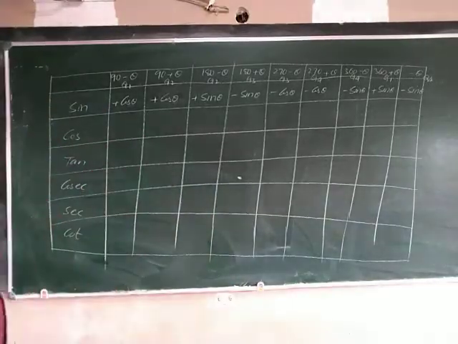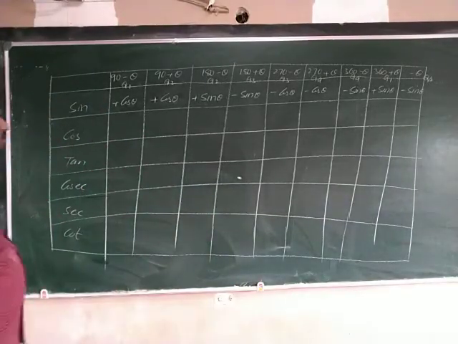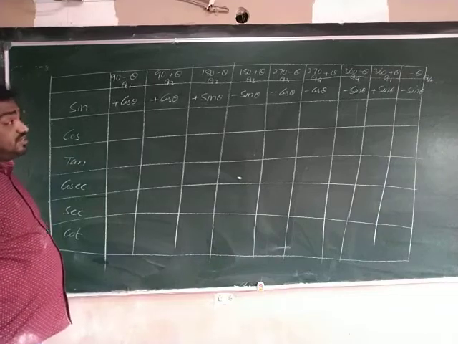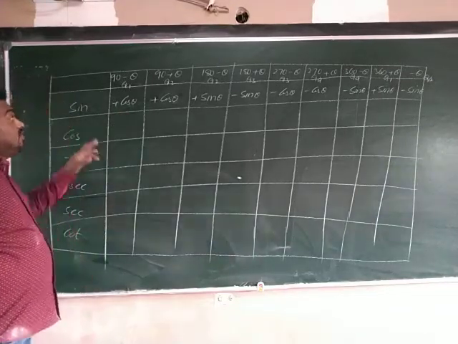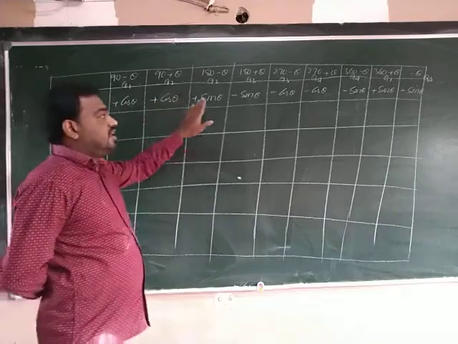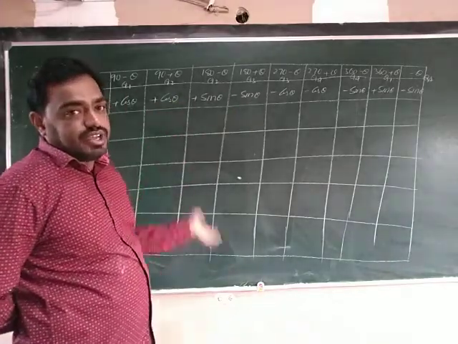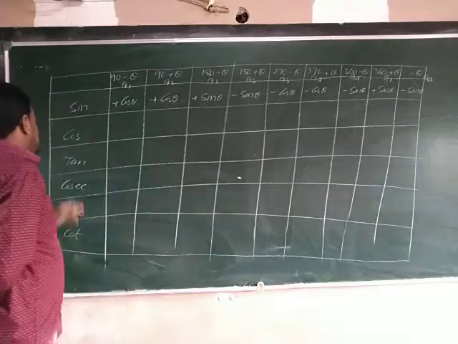In the last video, I gave homework. A few of the students finished this table. You see how we are writing. In the last video I explained this first one. Now the second row, you see, cos.